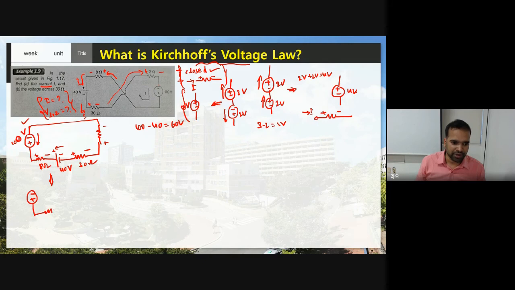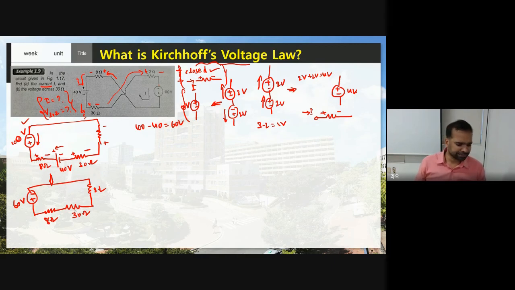Okay, here you have resistance and another resistor. So you have the third resistor, and it is connected like this. So here this is what? 2 ohm, and here this is a 30 ohm, and here this is 8 ohm. Okay, clear. Now what is the value? 60 volt, because 100 minus 40 equal to what? 60 volt. Clear. Now what you need to find? You need to find the current, the total current, and you need to find the voltage drop across 30 ohm resistor. Clear. Now can I apply KVL?